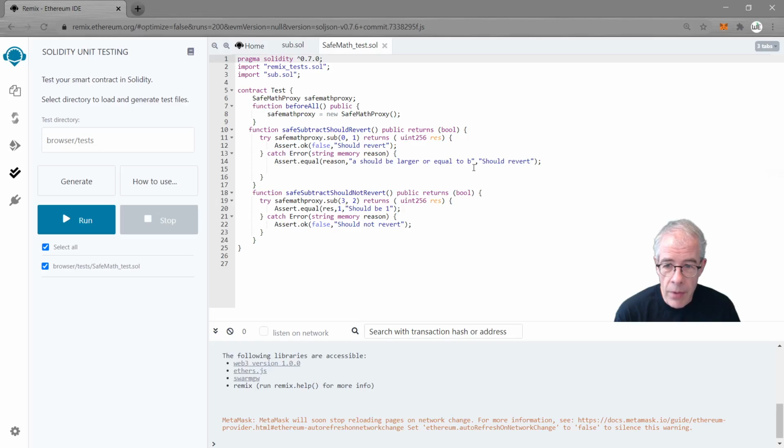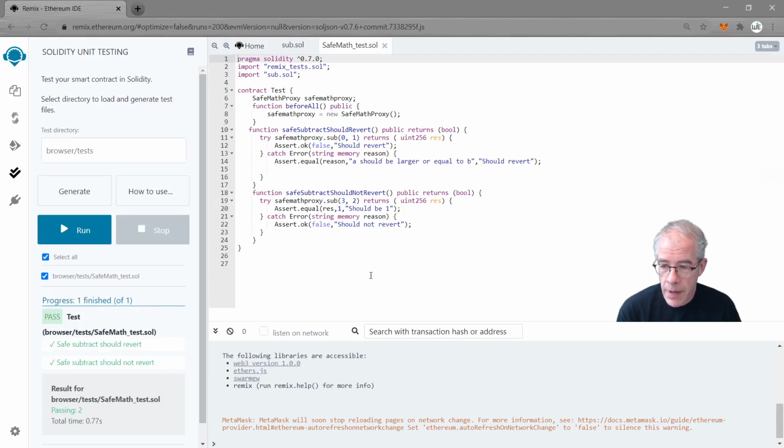So we're checking that. And suppose we would end up in the different part here. If it would succeed somehow, we end up over here, and then we still give a message saying that it should revert. So let's run it to see what's happening. Yeah, so this is fine, and the second one is also fine,